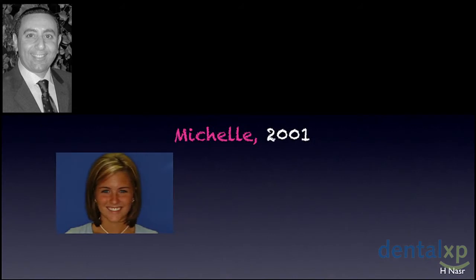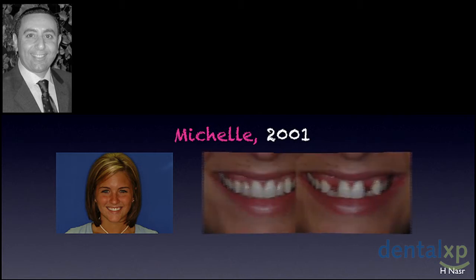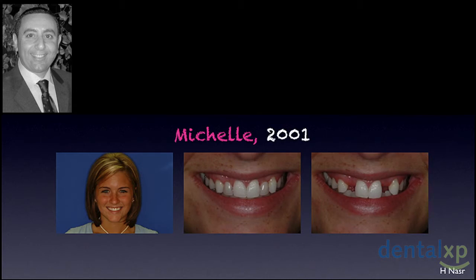This is Michelle. Michelle is a very sharp girl. She's a 4.0 GPA. She came to me when she was just starting college, and she was on her way to MIT. And her parents said, you know, it's time to consider something for Michelle, because she's been wearing this retainer for quite some time since she had the orthodontics. Michelle, being a very sharp girl, and both parents are doctors,